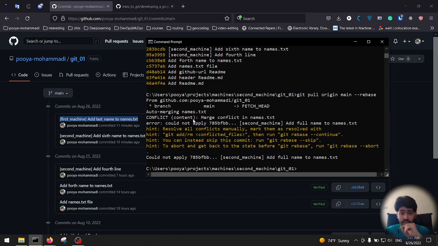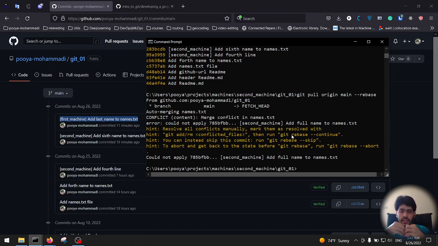What is the error? It says we wanted to auto merge this file, which is called names.txt, but we got a conflict. What is the conflict? Because from two machines, we made two changes on the same file and on the same line. That's why Git, and exactly the rebase,